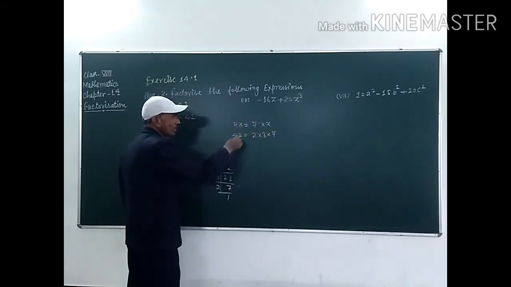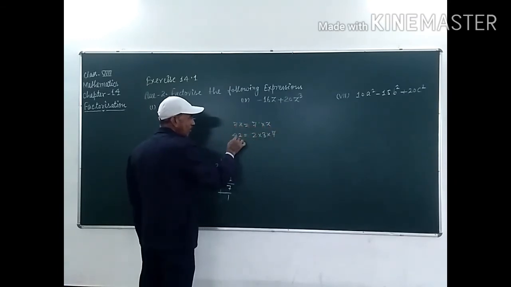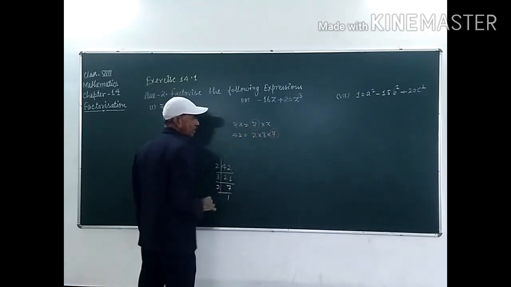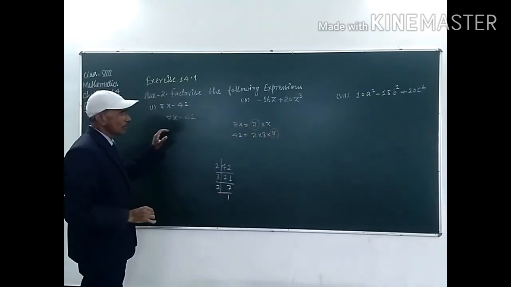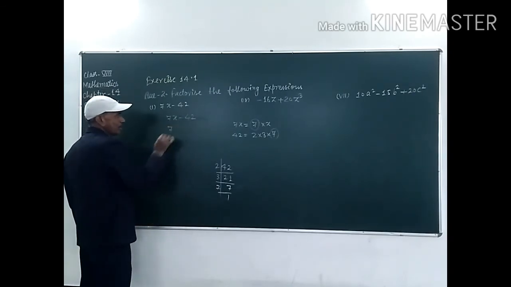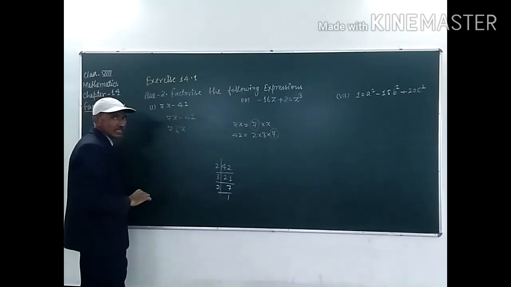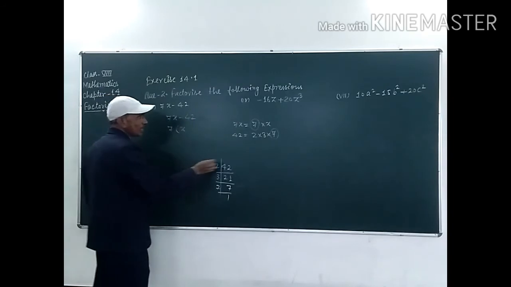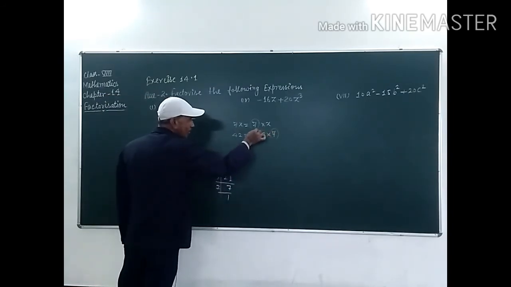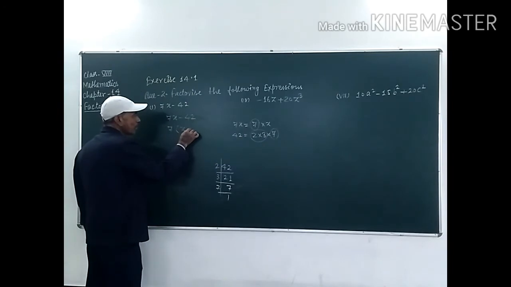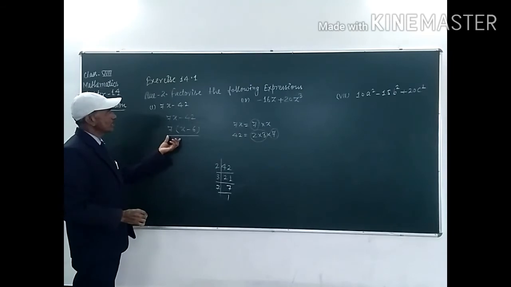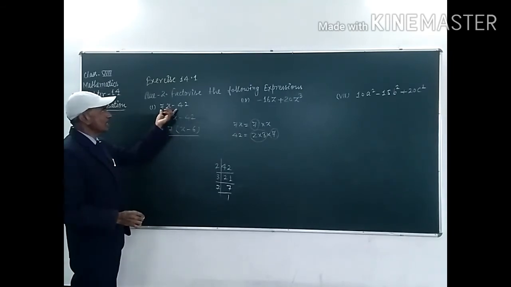Now, what is common between these two terms? The factors of 7x are these and the factors of 42 are these. So what is common? That is 7 is common, students. So in these two terms we have to take 7 common. 7 is common here, student. What remains in the first term, students? That is x, and in the second term what remains? If we have taken 7 common, then only 2 into 3 remains here. So minus 6. This is the answer, student. This is the factorization of 7x minus 42.